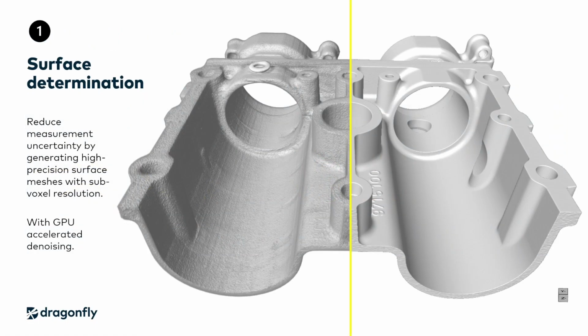First up, surface determination. Surface determination is a way to define the interface between background and material in typical objects for industrial inspection. In this image, you'll see on the left the volumetric visualization and on the right, the surface determination output. Surface determination gives you a much clearer boundary, highlighting small features such as the lettering here on this part indentation. More than smoother visuals, this new tool unlocks precise subvoxel measurements.